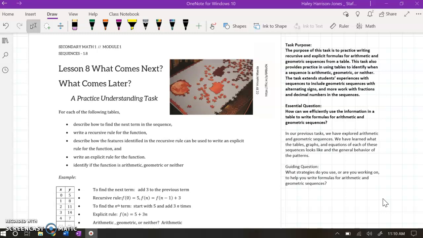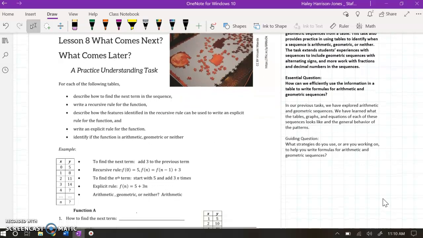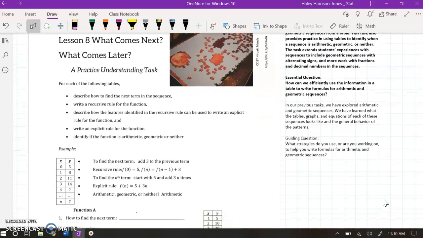It will extend your experience with sequences to include geometric sequences with alternating signs and more work with fractions and decimal numbers. The essential question is, how can we efficiently use the information in a table to write formulas for